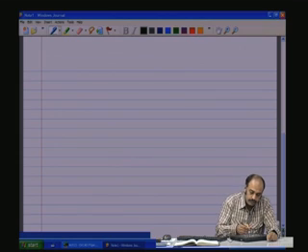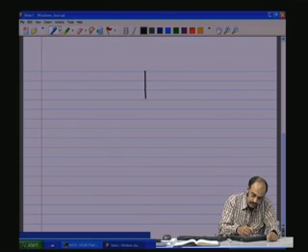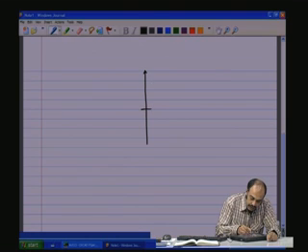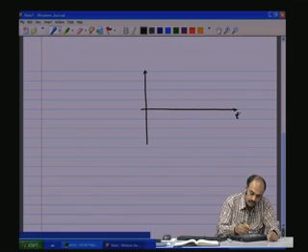Now, if I am having, in the temporal coordinate system, one waveform which is